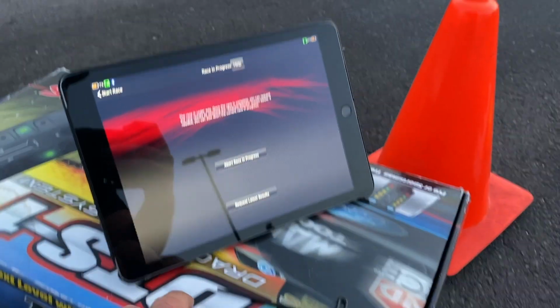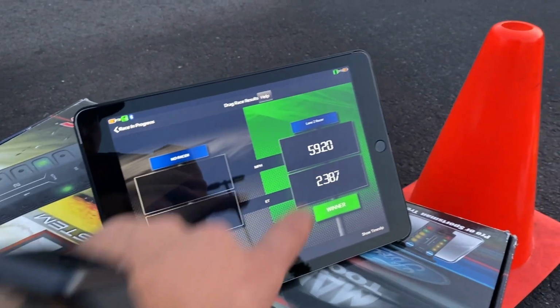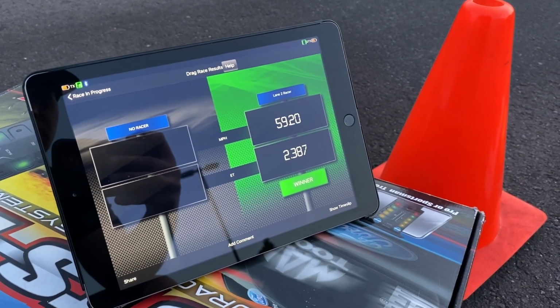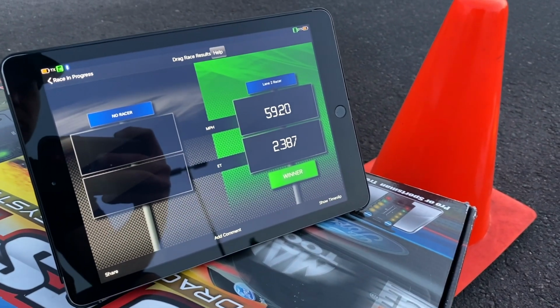Did a little test with prep. Let's see what it does, or what it did. 5.9, 2.3. That makes sense. So now we're back to where we're at. The car went super straight with it. So I'm gonna try to do one more hit with the prep, and then I'll move on to the Nitro